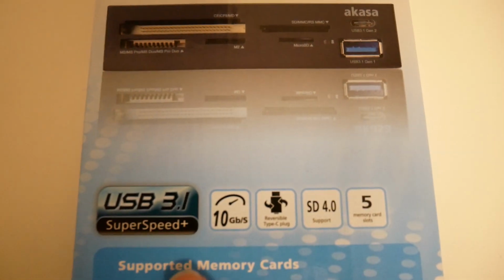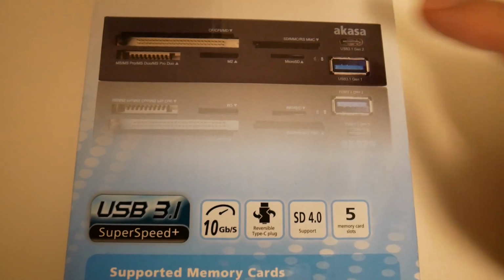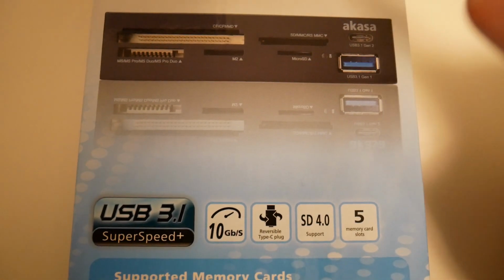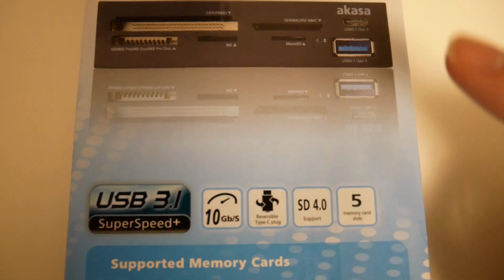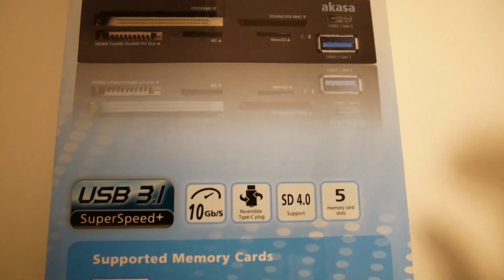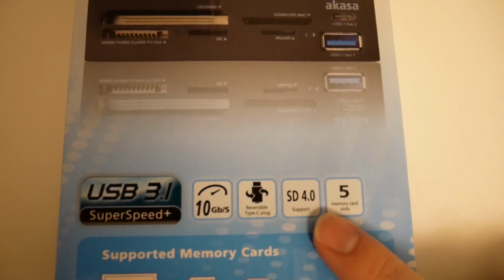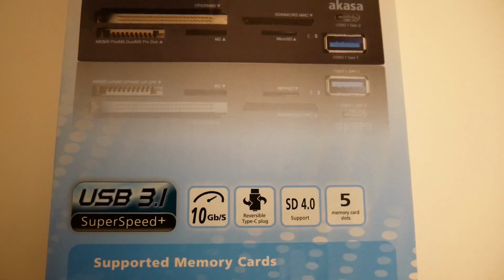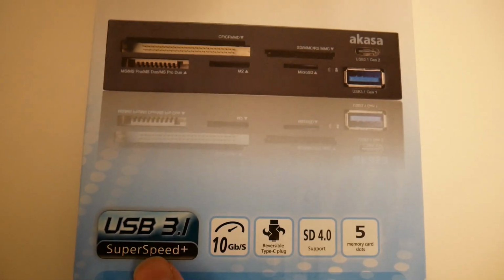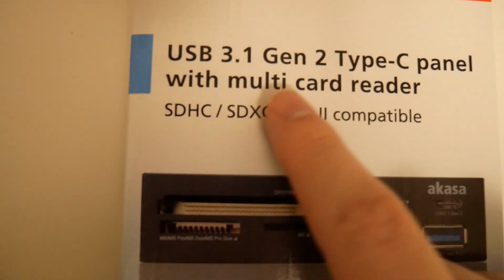It supports up to 10 gigabits per second USB speed, and that is only on the Type-C port. The Type-A port is 5 gigabits. The USB-C port is reversible, so you can put it both ways, which is nice. SD4 support and 5 memory cores, and then there's the USB 3.1 Super Speed Plus or USB 3.1 Gen 2,